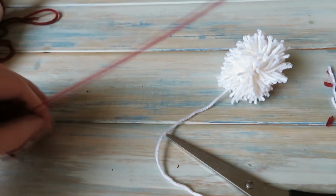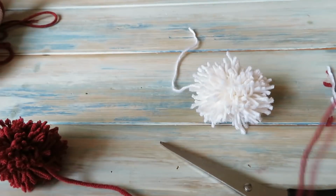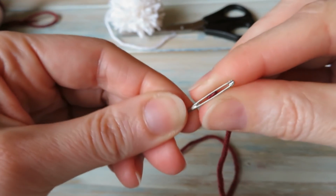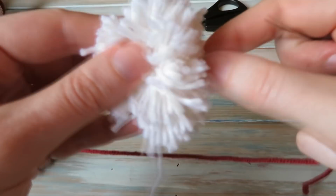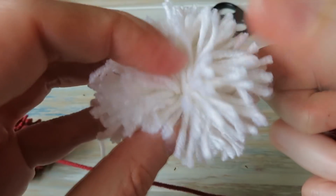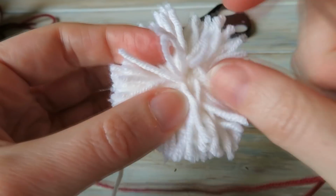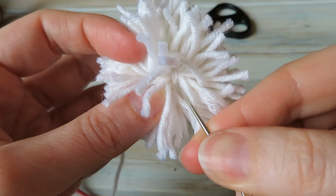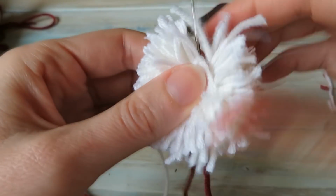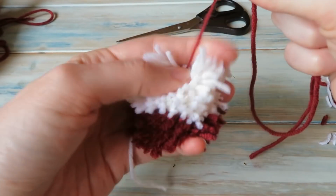What we're going to do now is join these together. So I'm going to take, let's take the maroon colour, and we're going to get our yarn needle. The trick to getting this to stay together is making it tight and not cutting through the yarn that you've tied it with. So that's key. We're going to feed this through the middle, okay, as best as you can. Okay, pull nice and tight so these become one,